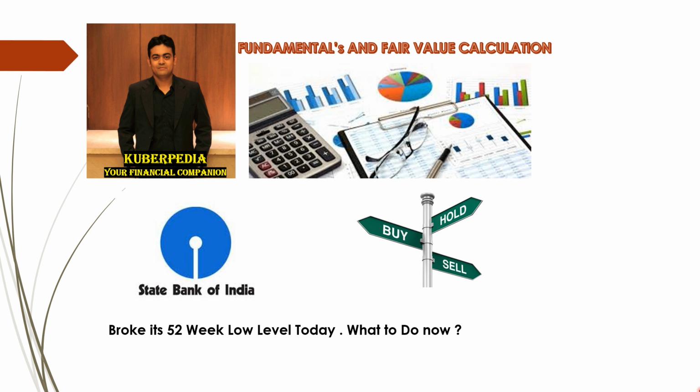SBI touched its 52-week low level today. So 52-week low level means over the past 365 days, over the past 1 year, this is the lowest price that SBI Bank touched today, and it went down to like 160 rupees. So we will try to analyze as per the sales and earnings per share